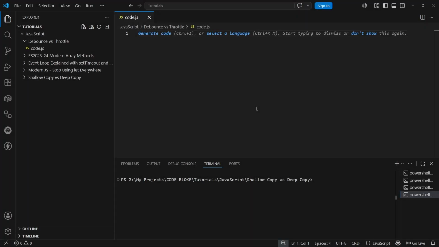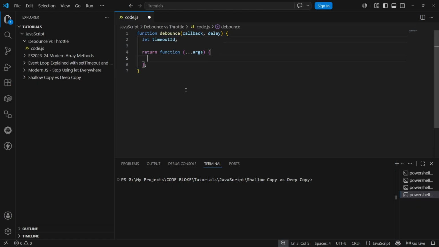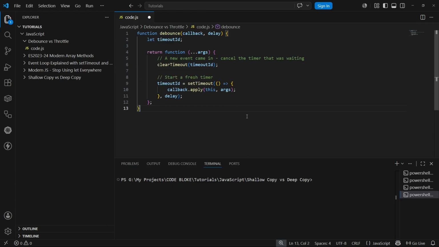Building debounce. Here's the implementation. It's small, but every line matters. function debounce(callback, delay) { let timeoutId; return function(...args) { // a new event came in, cancel the timer that was waiting clearTimeout(timeoutId); // start a fresh timer timeoutId = setTimeout(() => callback.apply(this, args), delay); } }